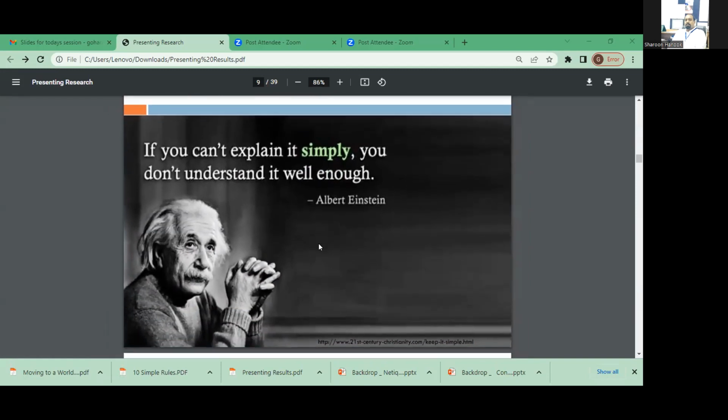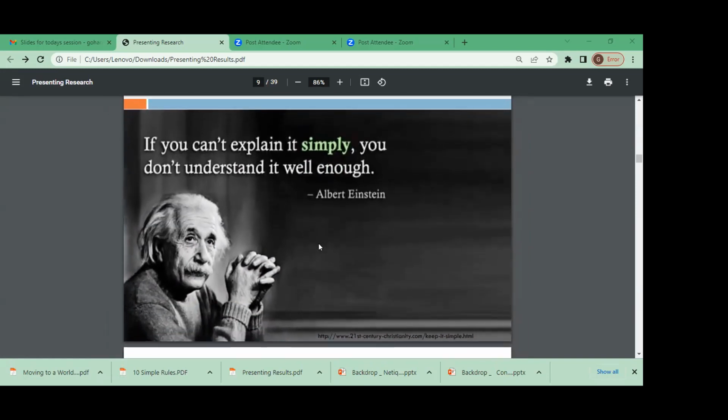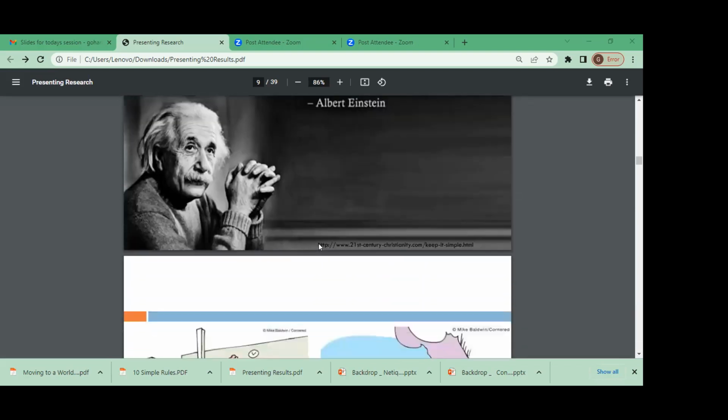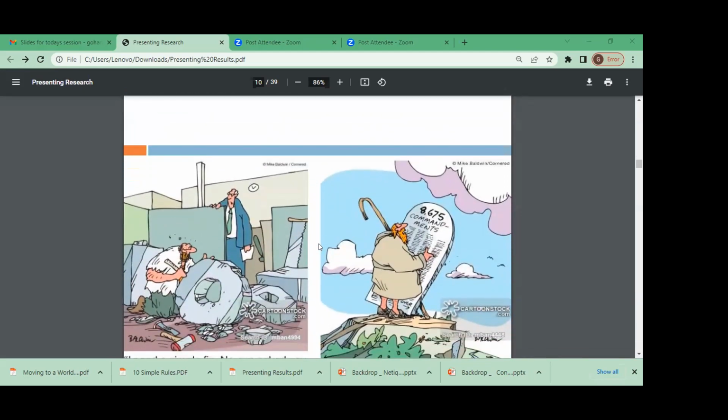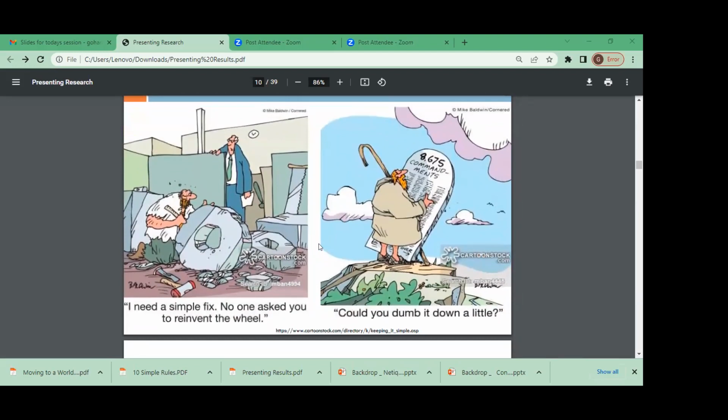So I've done it with my students here as well. I give them a challenge to write their research, or what they want to write in their projects, in the fewest words, a limited number of words, and they always find they are unable to write an abstract in less than 500 words. They're unable to write the introduction section in 1,000 words. So it's very crucial, it's very important that we write things in a more precise way. And the key is that you keep it simple, because